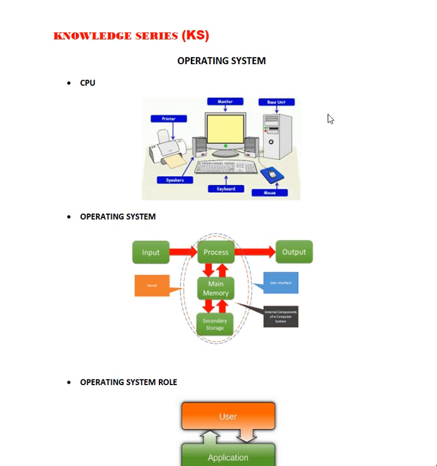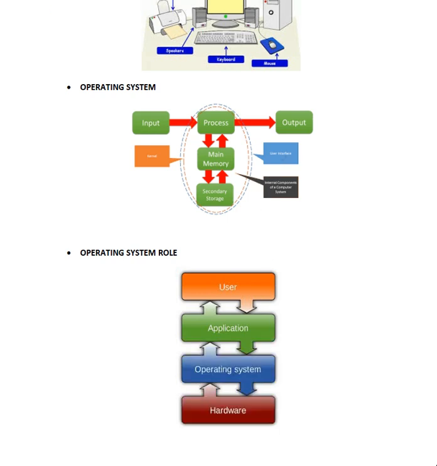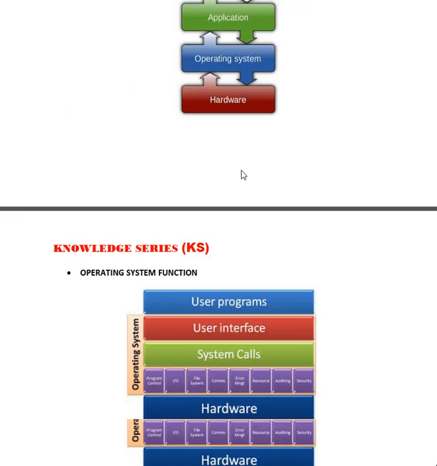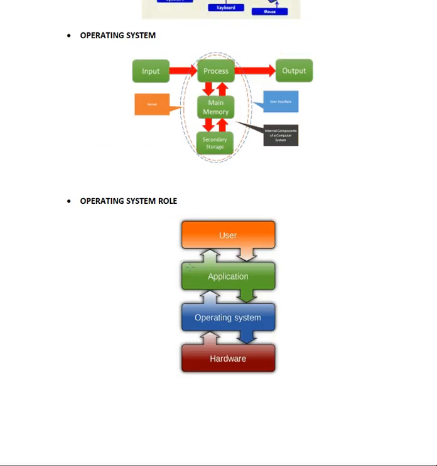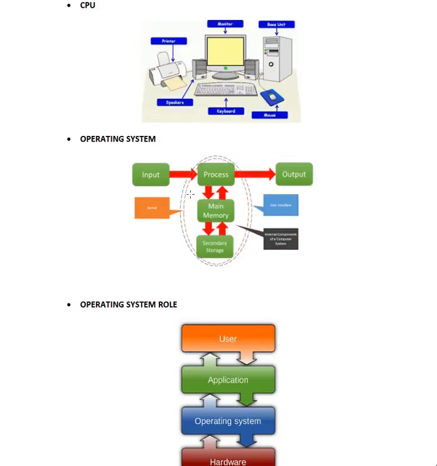Now apart from this, the operating system has some other functions. Say for example, it manages the computer resources. That is what I said. All these resources are managed by the operating system. And when we talk about a CPU, we have seen that there are several activities across the hardware and the system calls. In the hardware part you have a CPU, the CPU structure, memory, inside that the disk drive, and the printer. If the operating system manages all these activities, that is one function of the operating system.